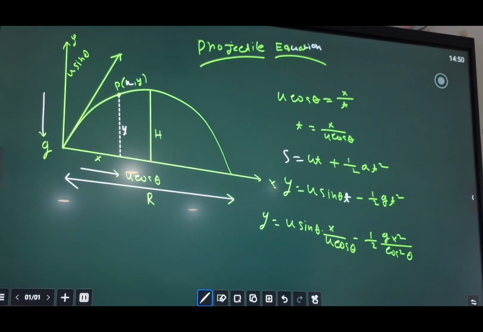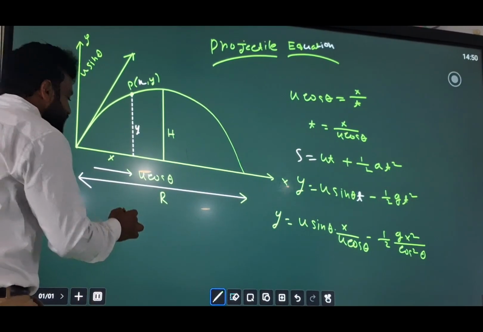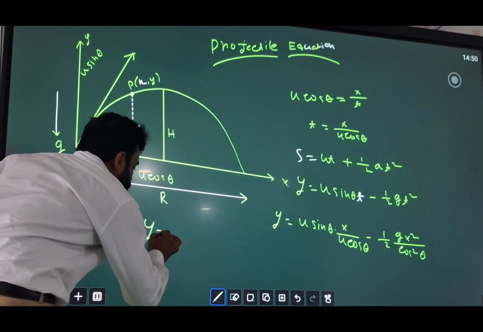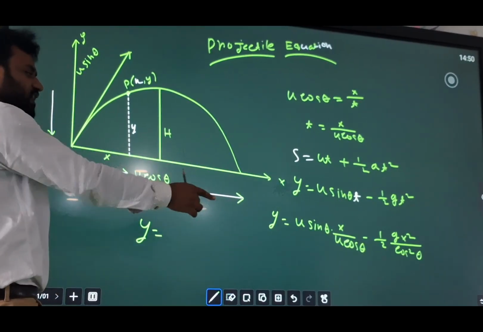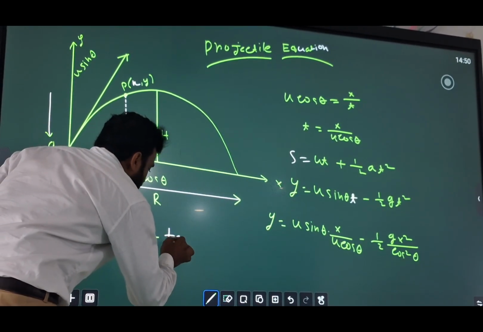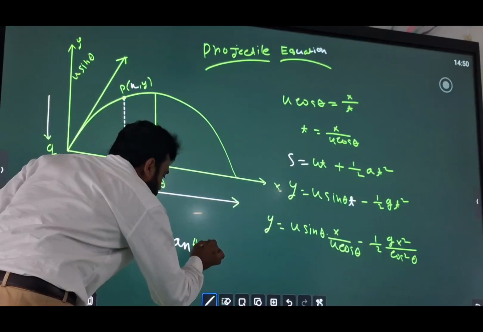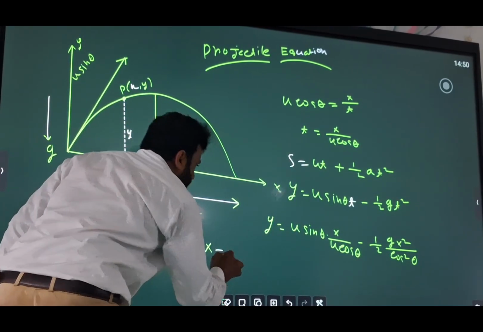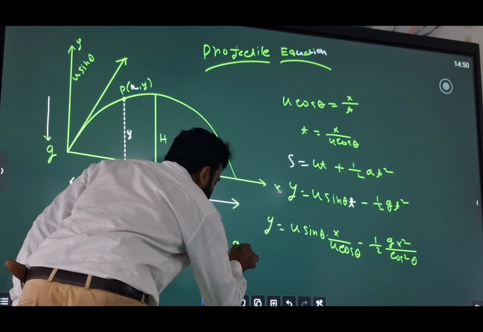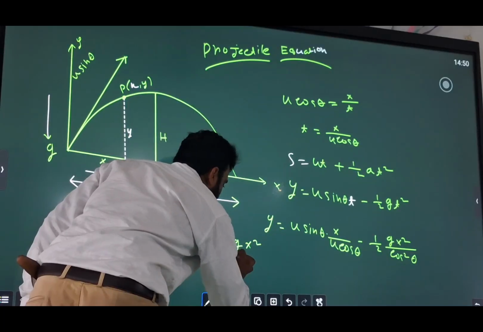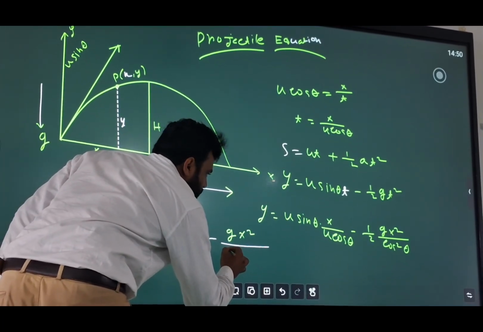So the final equation: y equals, u cancels out, tan theta x minus g x square divided by